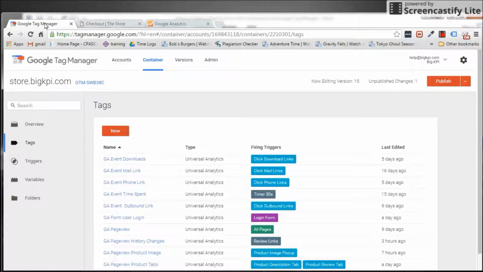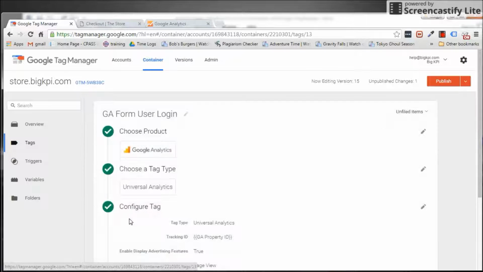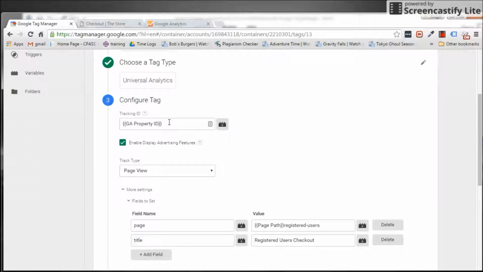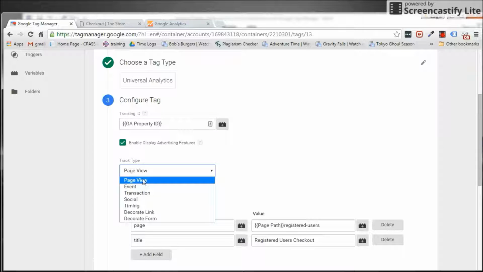Let's start off by creating a tag. I already created one earlier. I named my tag GA Form User Login. I set the product to Google Analytics and then chose Universal Analytics for the tag type. Under Configure tag, I chose GA Property ID for the tracking ID, and then I chose Page View for the